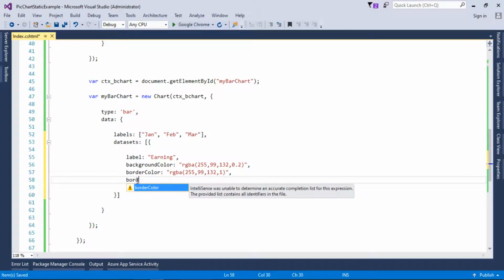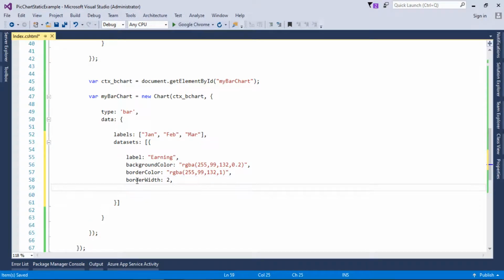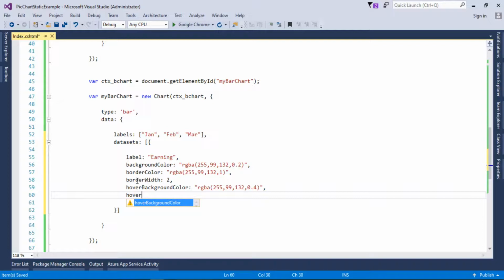So borderWidth will be 2, and the second one will be hoverBackgroundColor, and this will be rgba(255, 99, 132, 0.4), with 0.4 of alpha, and the next one will be hoverBorderColor.